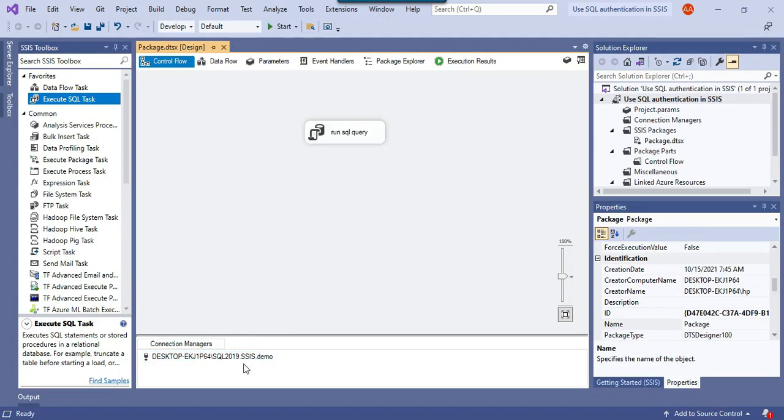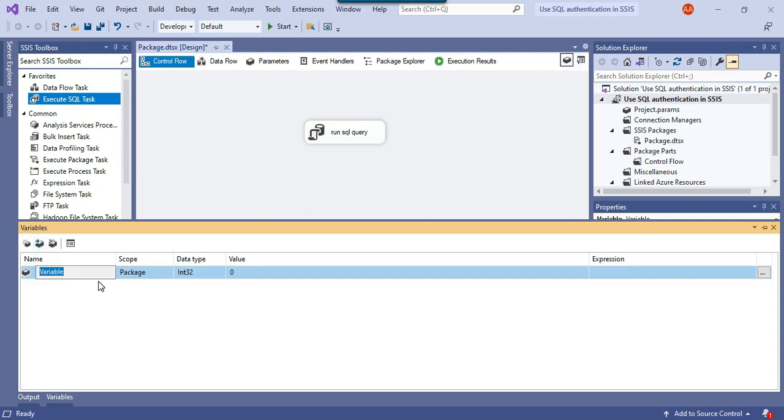So far I have created this connection, and if you want to make it dynamic and pass values like server name, database name, username or password dynamically, then you need to create SSIS variables for them. Let me click on variables and create some SSIS variables. The first variable I can create is ConnectionString, and the data type can be String, and we need to provide the connection string for SQL authentication here. From Google you can find the connection string for the OLEDB connection.